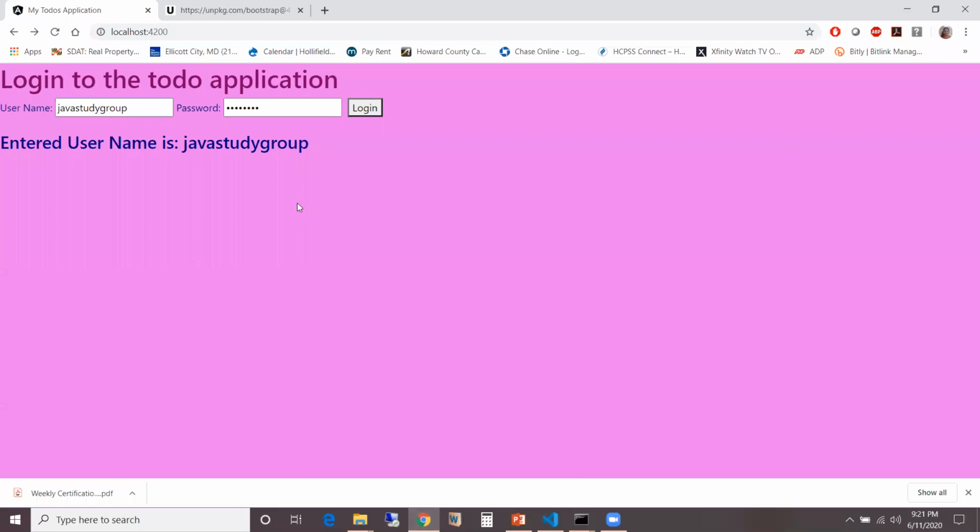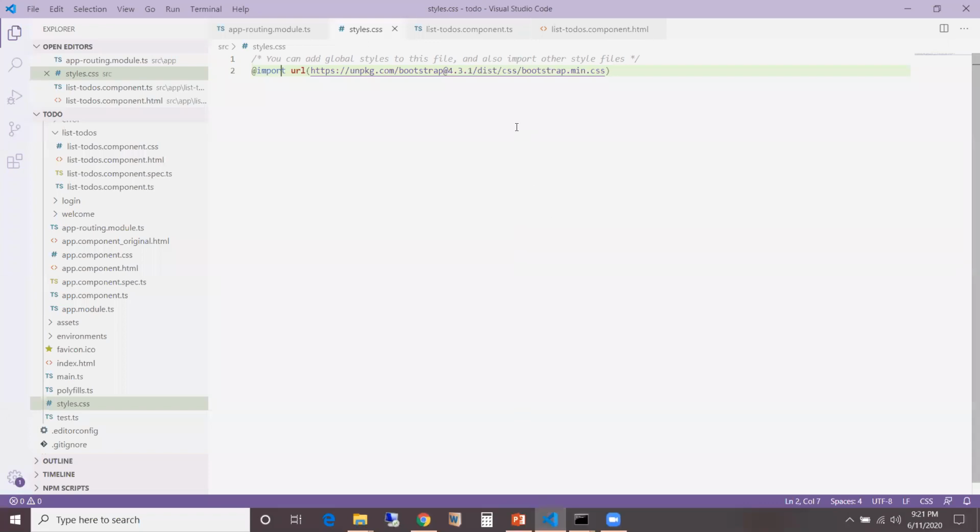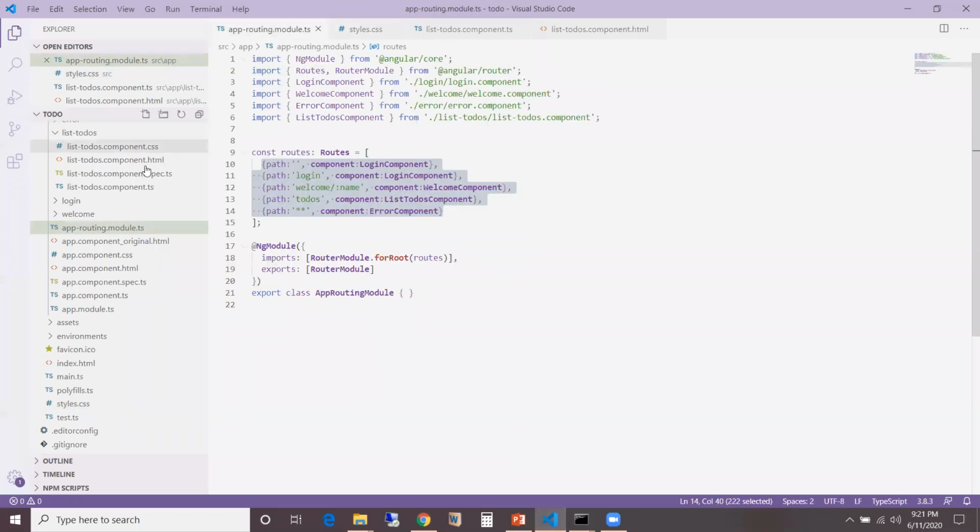Now our goal is to display the menu on the top of every page of our application, and to display the footer at the bottom of every page of our application. And in order to do that,